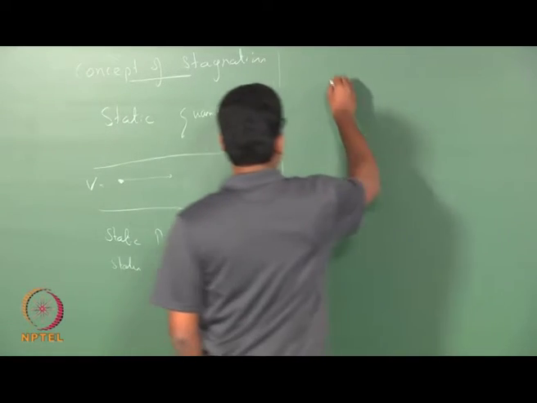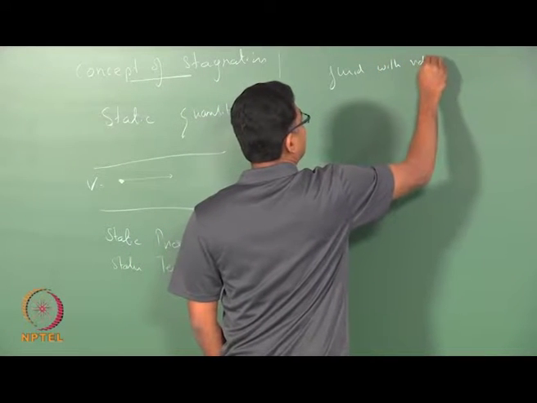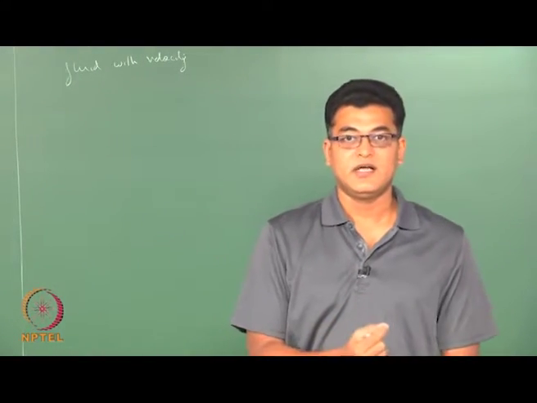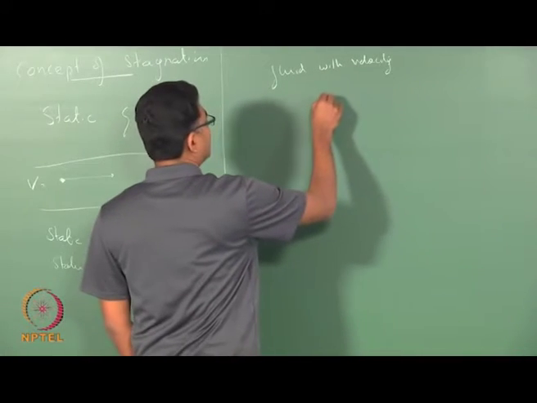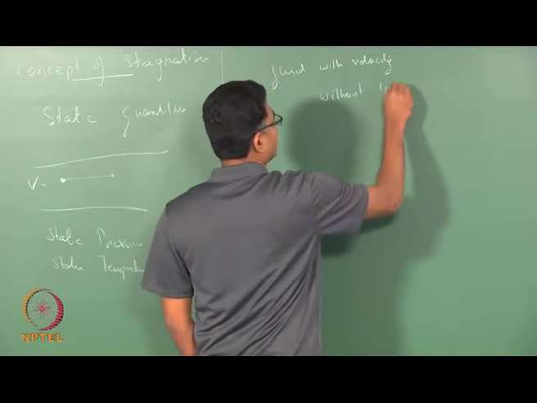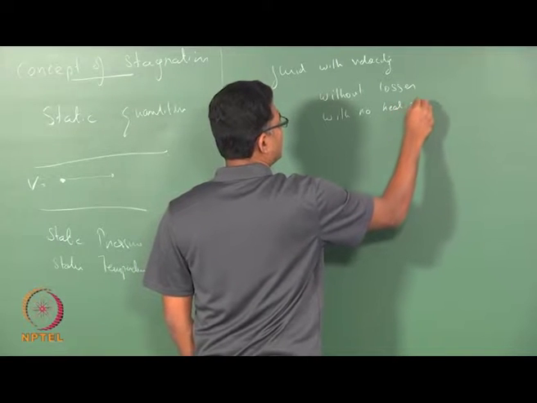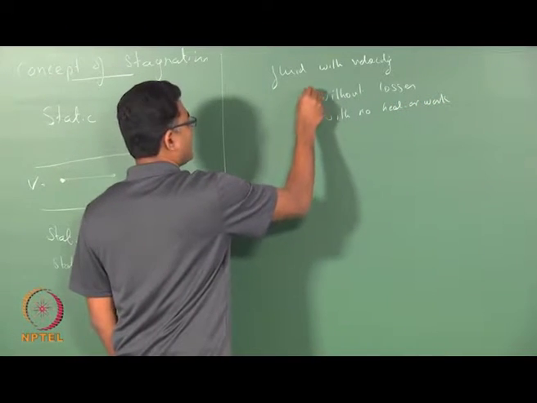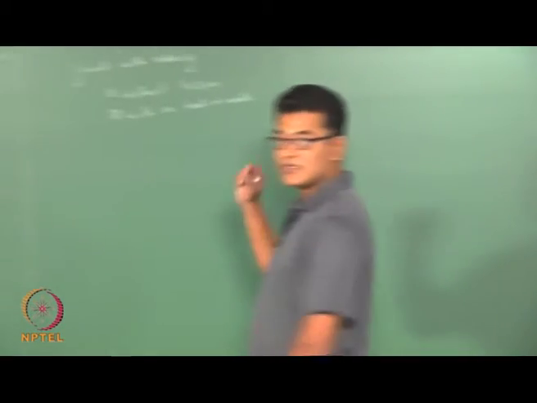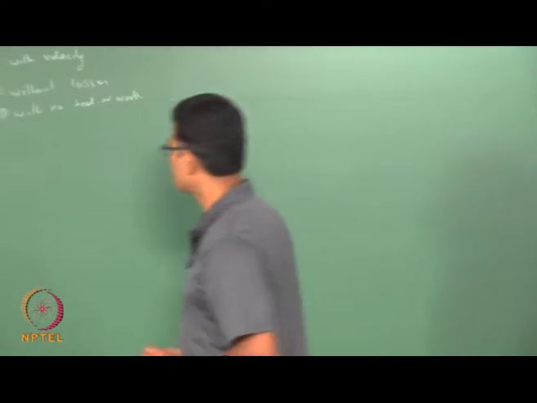If I have a fluid with some velocity v, and if I bring that fluid to rest without losses and with no heat or work, so if I bring the velocity of the fluid to 0 with no losses and no heat and work, I am bringing the fluid isentropically to 0 velocity condition. So, graphically,